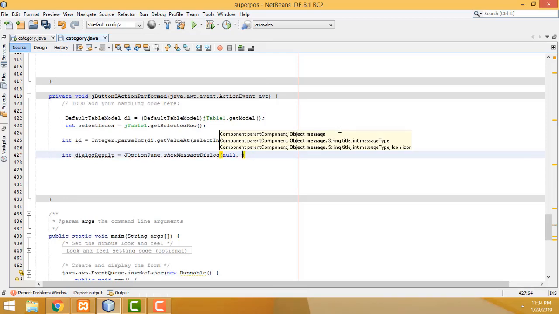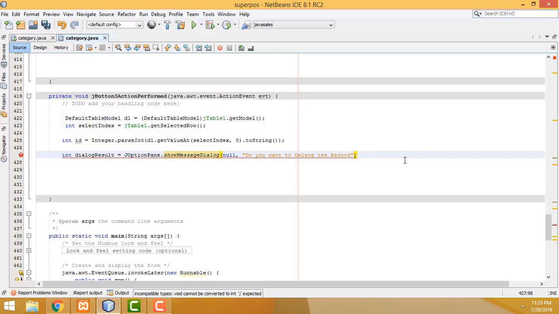Here you have to write the message as, do you want to delete the record, or something, right? It is to ask the confirmation. Okay, do you want to delete the record, comma, title as warning message, comma,